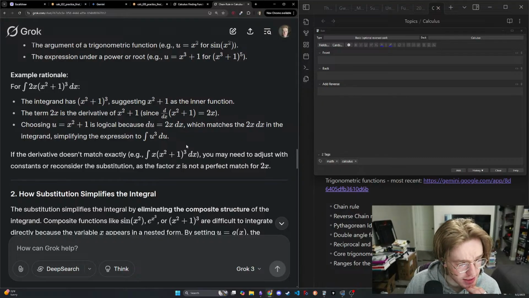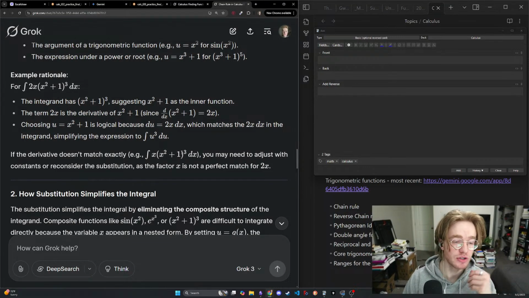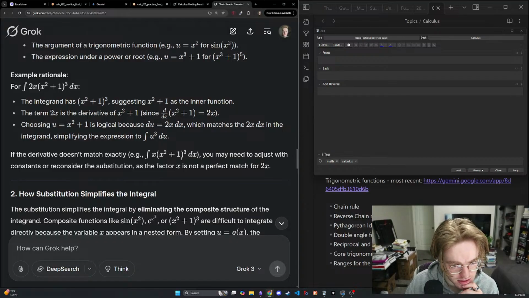The integrand has 2x times (x squared plus 1) to the 3, suggesting x squared plus 1 as the inner function. The term 2x is the derivative of x squared plus 1. Yeah, that makes sense. Choosing u equals x squared plus 1 is logical because du equals 2x dx, which matches 2x